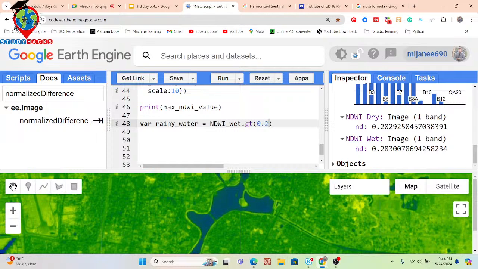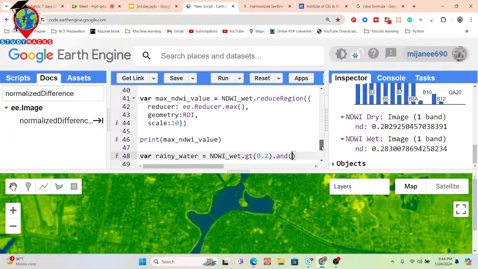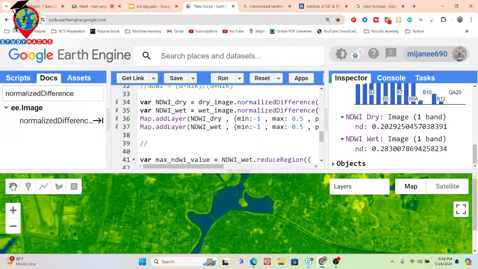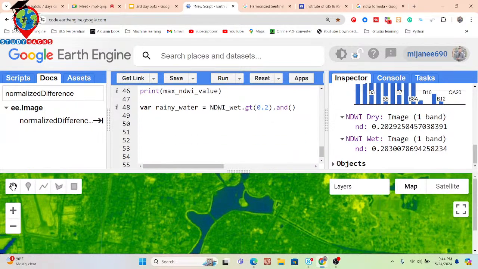All pixel values greater than 0.2 I consider as rainy water. Not only that, if this value is less than the dry season water, I also consider it. Suppose I put here the and function, and then I call NDWI dry, and this value less than 0.2.